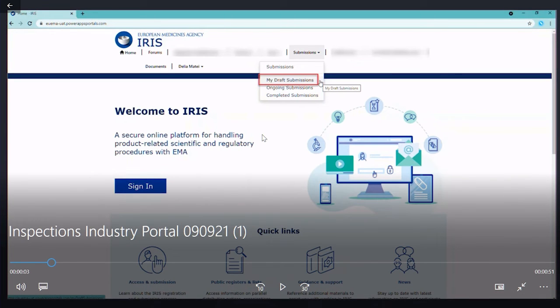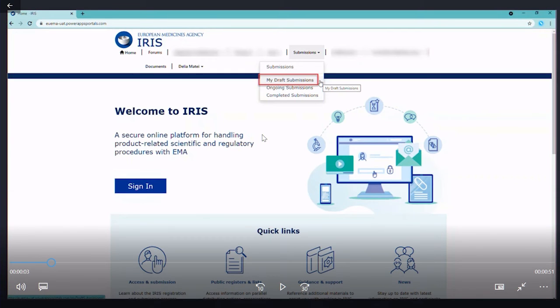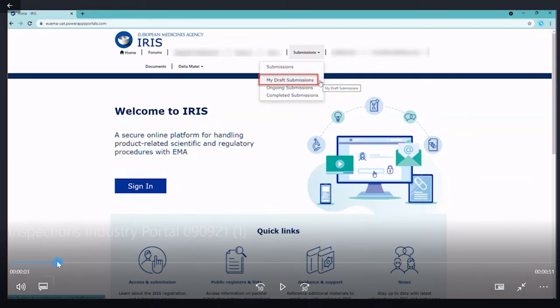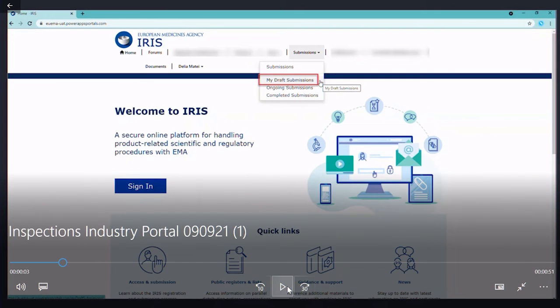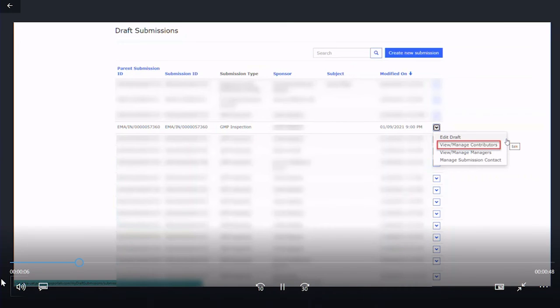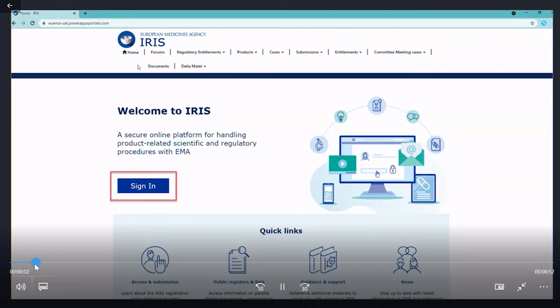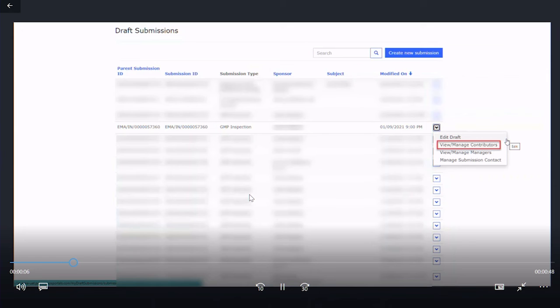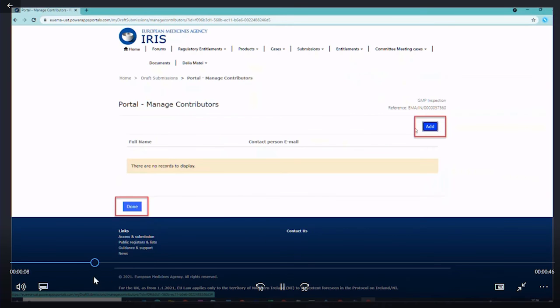So as I said, we as EMA, we will create the case, and the case will lead to the generation of a submission for each MAH, so for each product, I should say, for each product that is included in the scope of an inspection. And then what will happen is that, here. So you go to My Draft Submissions, and then you can see under Draft Submissions,